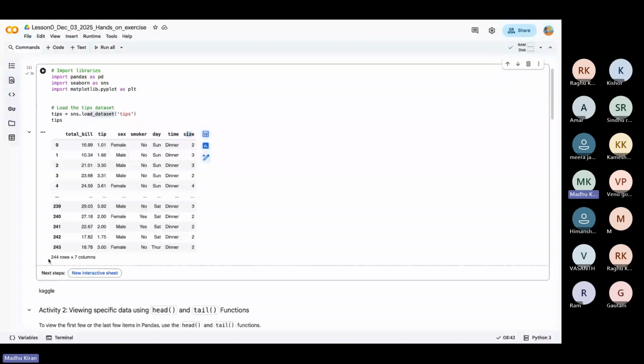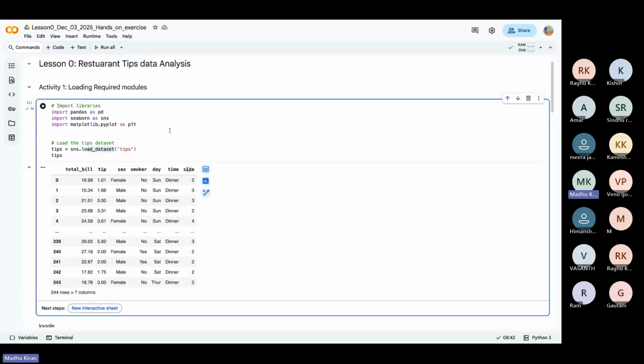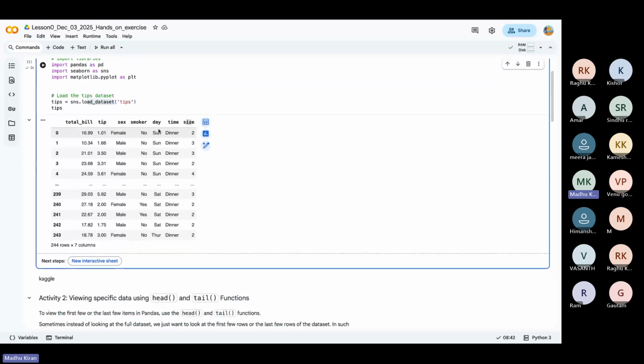There are 244 rows and 7 columns. In this data set, we have a particular restaurant, and we don't have much access to a data description, though usually we have that also. So we have 244 customer details with 7 columns.